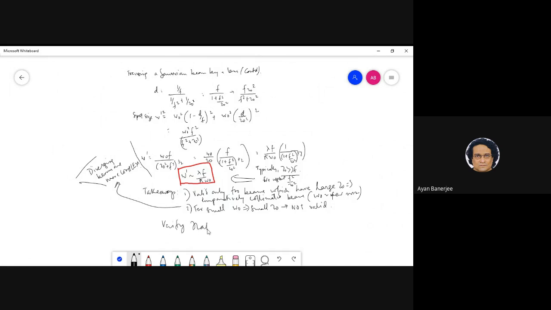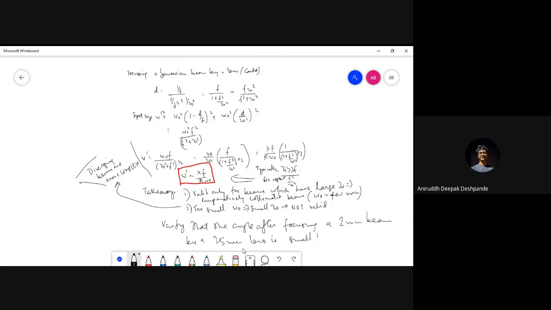So verify that the angle after focusing a 2 mm beam by a 25 mm lens is small. This is actually good. I want you to tell me the answer. Maybe I'll put this as an assignment. So what do you think, Vishwajit? Can we just put this as a small assignment?